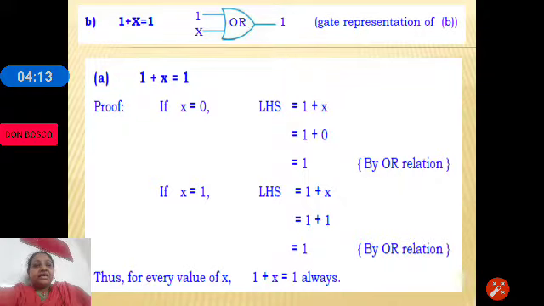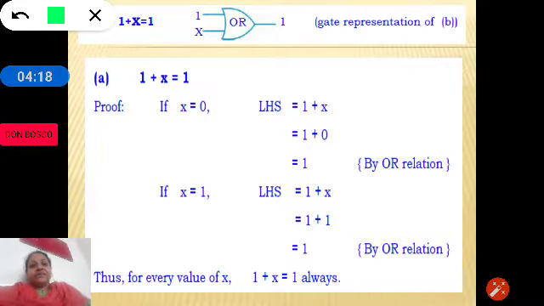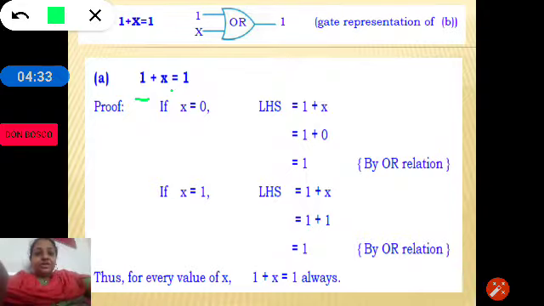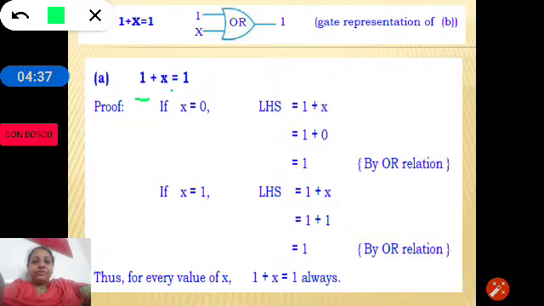As I told you earlier, x is a logic variable, so x can be 0 or 1. 1 is the constant value which will not change, but x is the logic variable. Let us substitute the x value with 0 and see what we obtain.